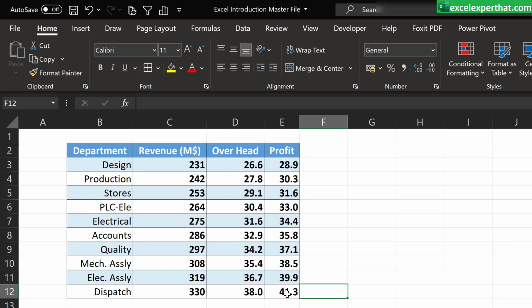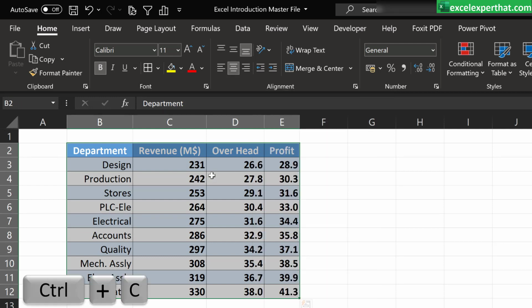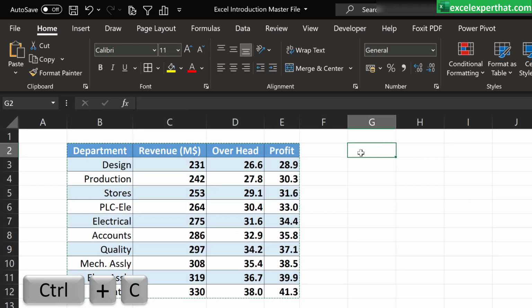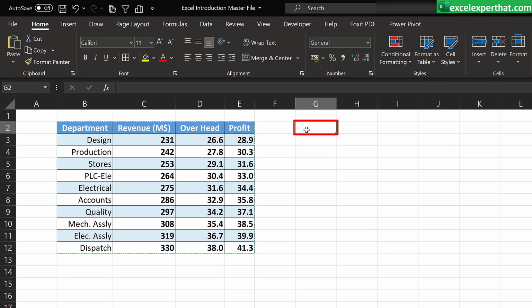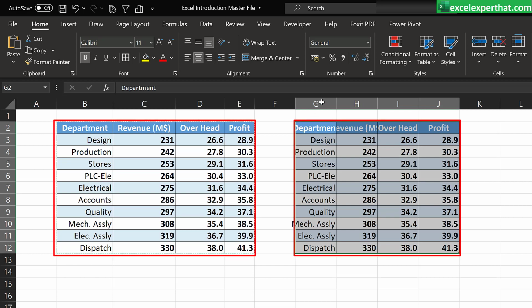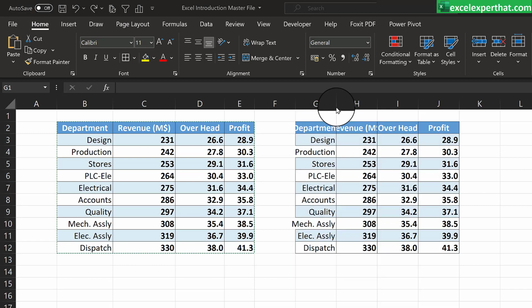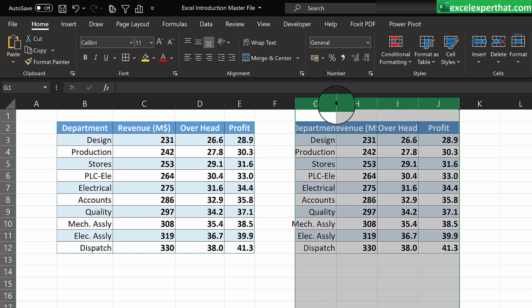So select the table. Either you can right click on the table and copy from here, or you can simply press Ctrl C. Select any cell where your data needs to be pasted and press Ctrl V. And here, guys, your data will be pasted. If you see, the pasted data has not followed the exact formatting of the cells and columns. Here the column widths were smaller than the data size, so Excel has not adjusted the column width. It's not a big deal, guys, we can just double click and adjust the column width.